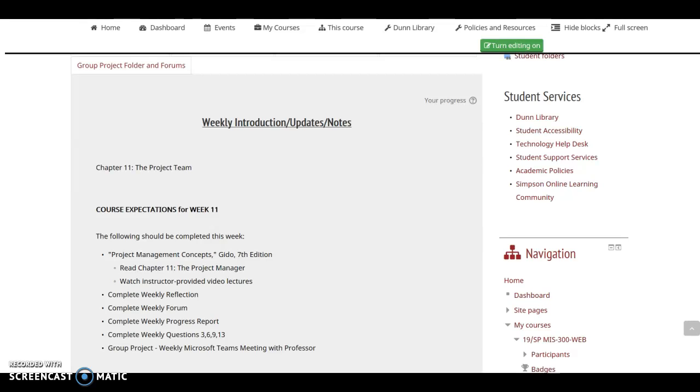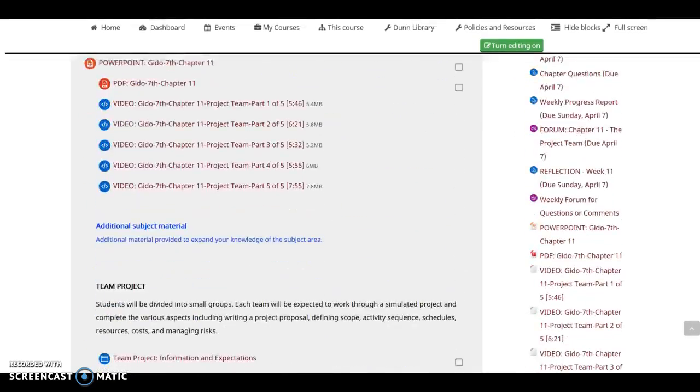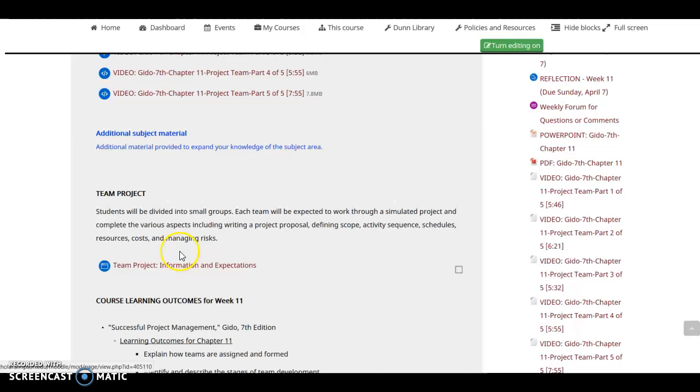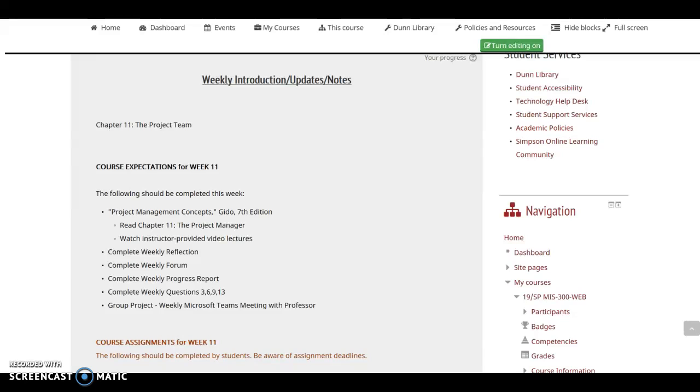Again, I should say one more thing: I do have the information expectations down here, which is copied from the previous week, so nothing here has changed. I just want to make sure that I'm providing this information to you in a very easy to find spot every week, because it does detail the different documents that you're going to need to produce with your final project.